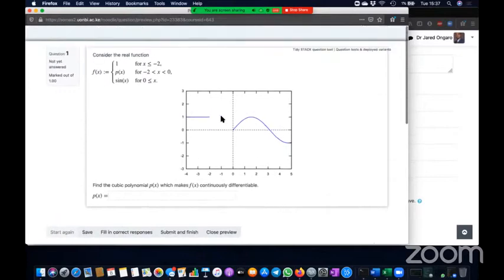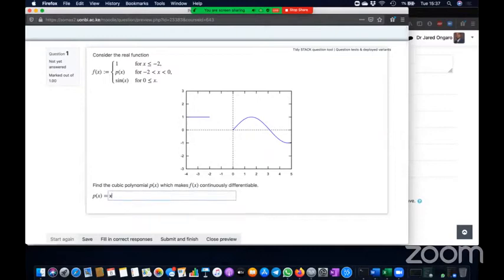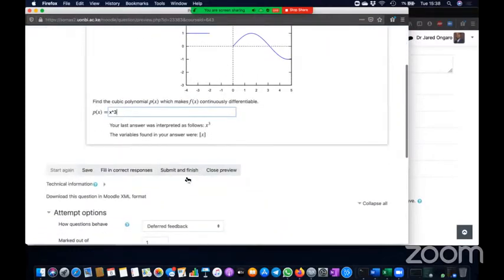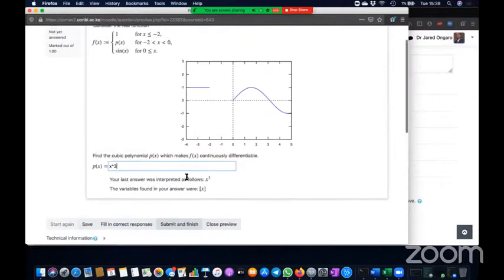So the thing is that suppose you want to find a cubic function which makes this function here complete. So a cubic function, something of degree 3. So you want to say, maybe let me say something like that. I'm trying to get this wrong, and then you see what happens. So once you submit your answer, because most of the problems you'll be doing locally, you will not be